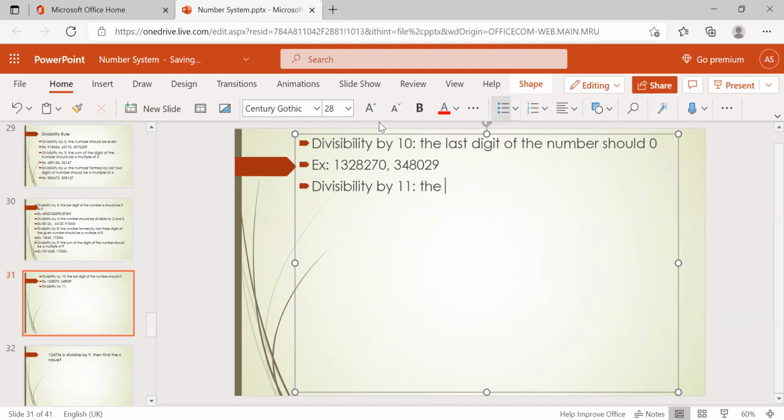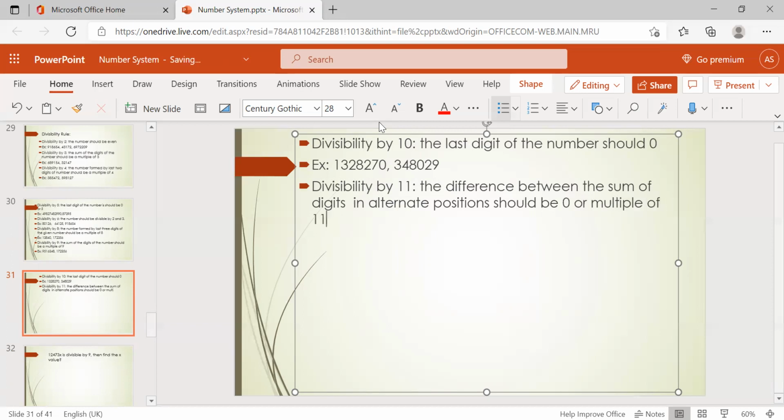What we have to do here, you need to understand very clearly: the difference between the sum of digits in alternate positions should be 0 or a multiple of 11.